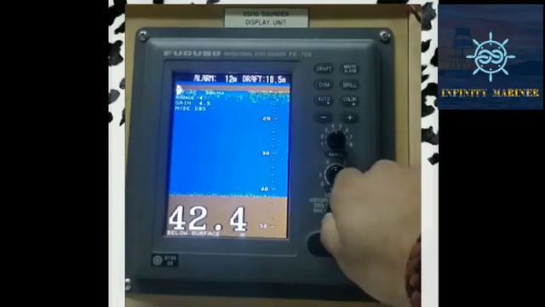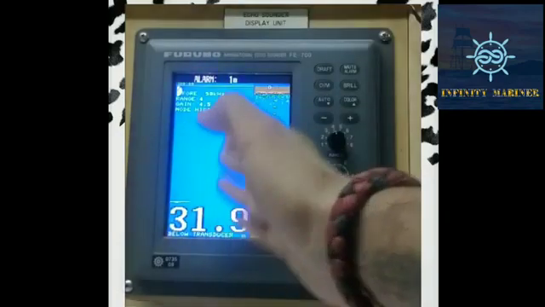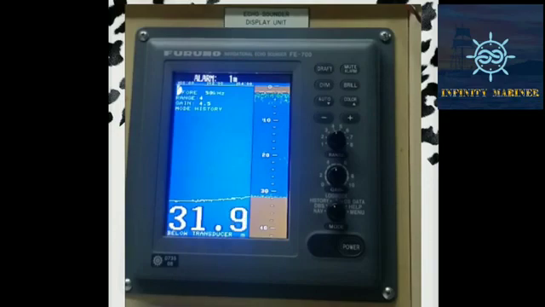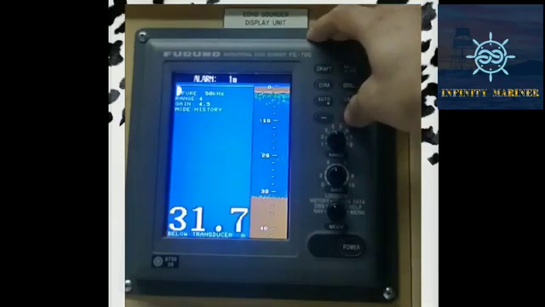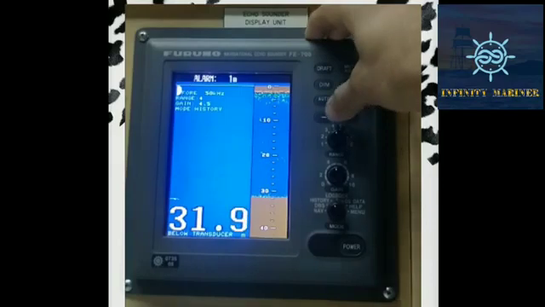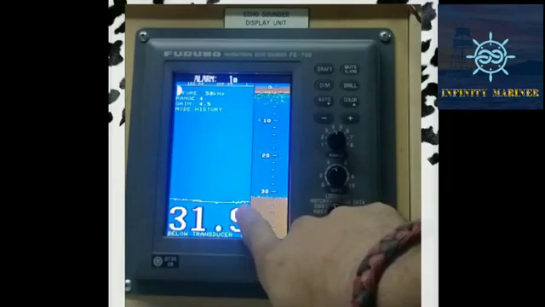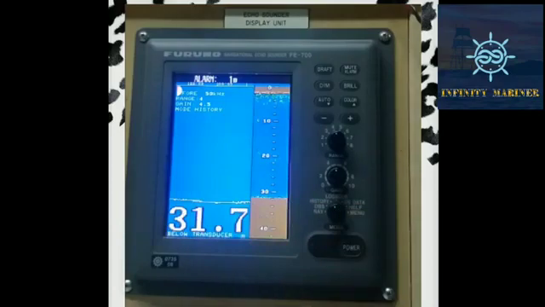After that there is an option called history. This history provides two screens. On the left side there is a contour, and on the right side there is a spread display. The spread display and the contour data can be scrolled over the past 24 hours, and for scrolling we just need to press the minus or plus key, and the past data will be shown. As you can see, the graph is moving. This data is the past 24-hour track, or you can call it a history of our depth over the past 24 hours.